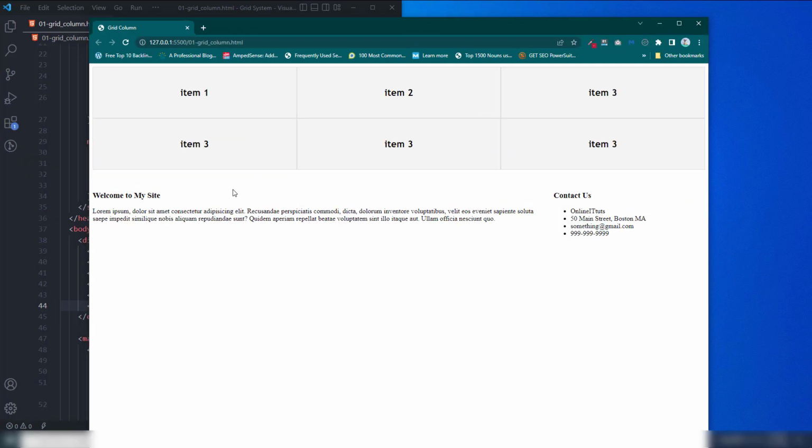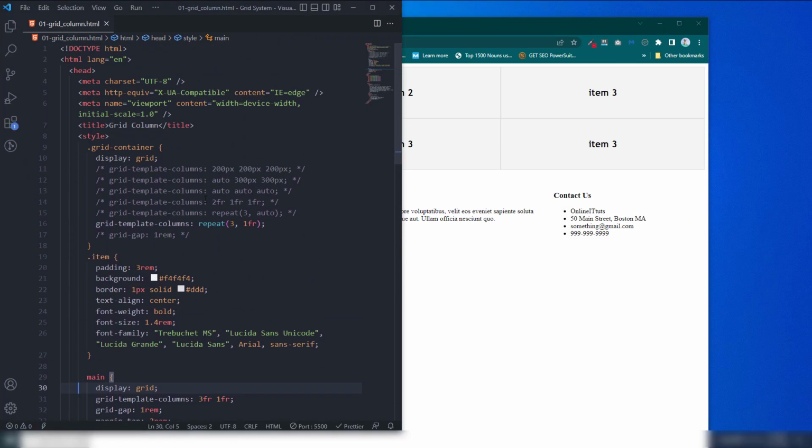So I hope you understood as well how you can use the grid template columns with different values and how